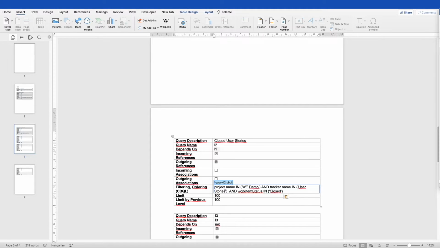Good. You can see again that I'm filtering the same project and I'm filtering different trackers. This time that's the user stories. And again, I'm using the same filtering for the work item status. And one thing I haven't mentioned so far. So when you define these CB formulas, then I would strongly recommend to cross-check in Codebeamer that these formulas are